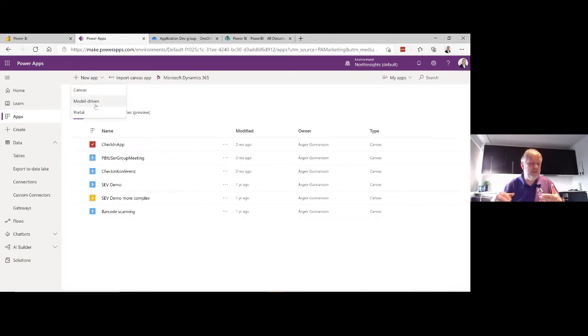Model-driven apps are different in that they start with the data. You connect to the data first, and the data needs to be in the Dataverse, the storage behind Power Apps and Dynamics. If the data is there, you can start from the data with a model-driven app, which takes the data in before you start, and then you can model your app on top of that. You can mix them together, so you can include a model-driven app within a canvas app, but not the other way around. Portal is the third one, and that's if you want to have apps that are exposed to the public. With canvas apps and model-driven apps, everyone needs to be logged in to be able to use the apps.